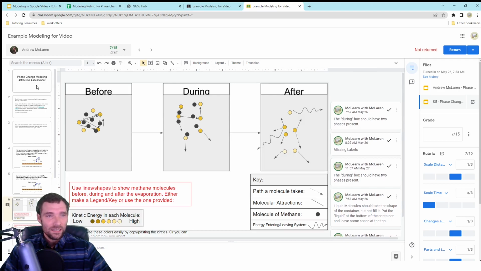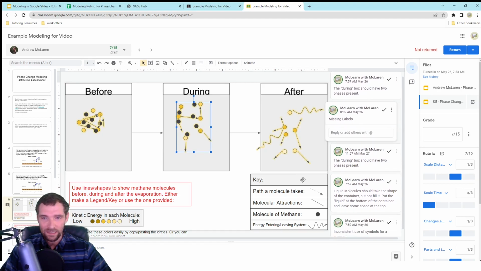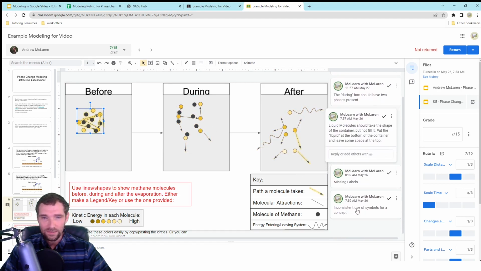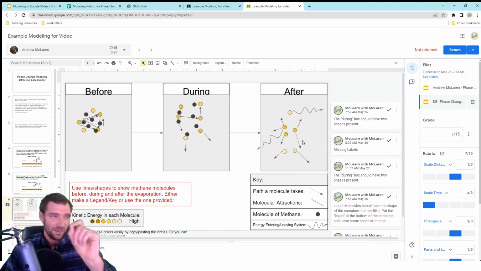And then you can see right here that there are all these comments on here. And if you click on the comment, it highlights the section that I've put the comments on. And so you can point essentially to a section like you would with your red pen and be like, this is done incorrect, right? And you can